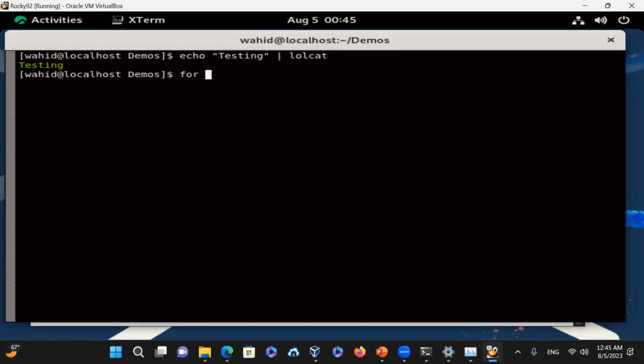And if I say for i in sequence of 10, do echo welcome to my web university, and then we could just say those times, and then we could put a $ sign i, and then colon separated with welcome to my web university that many times, and then say lolcat,